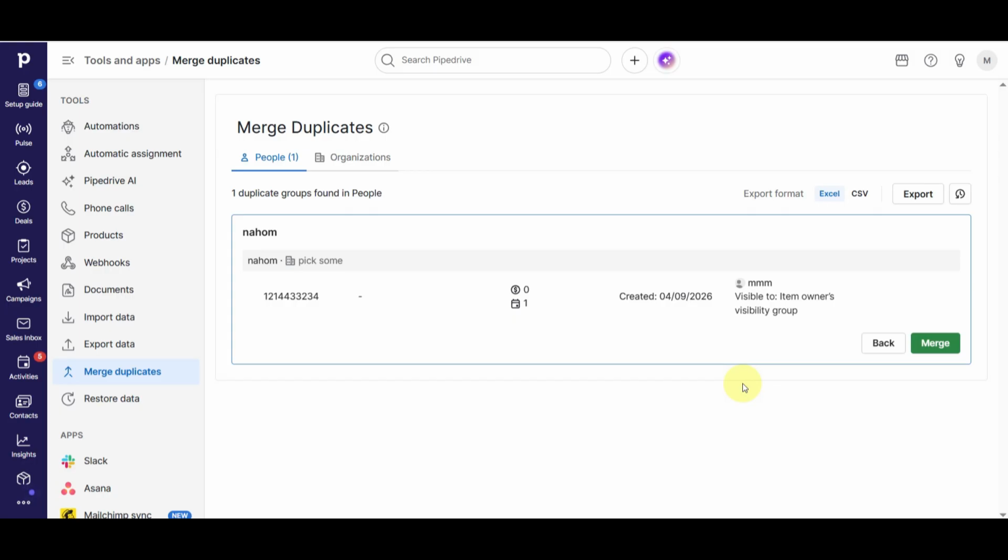Pipedrive will quickly combine the records and confirm once the process is complete. After that, you'll return to the duplicates list, where you can repeat the process for any remaining suggestions. If the duplicates list becomes empty, that means all detected duplicates have been resolved and your contacts are now consolidated